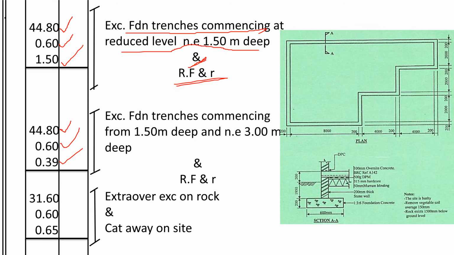Then the other one shall be excavate foundation trenches commencing from 1.5 meters deep and not exceeding 3 meters deep. That's why you add it to R.F.R. Then for the rock, there is extra over excavation on rock. Now this one, we shall take the same center line, then we multiply by the width of the trench, then the depth of the rock that shall be excavated. Alright, okay, so